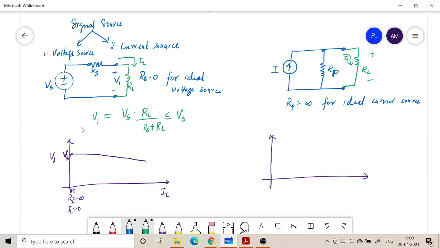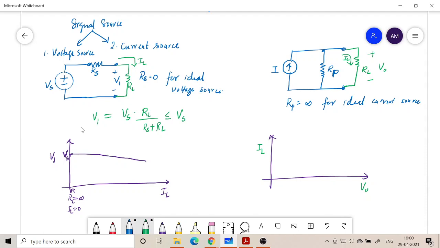Another way you can say is that when you put a load resistance RL, you will generate an output voltage Vout or VL. So that output voltage, if you take on the x-axis, and also look at what is the current IL that you are getting. As you vary the RL value, the voltage will vary, and when the voltage varies, will there be a current variation? An ideal current source should supply the same current, which is true when this RP is equal to infinity.